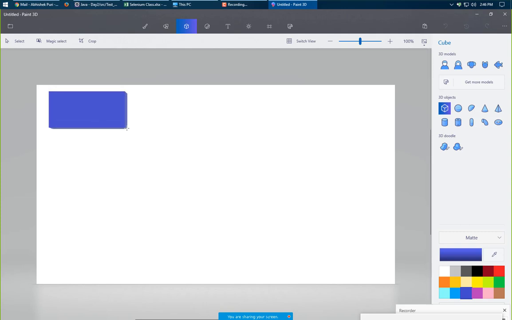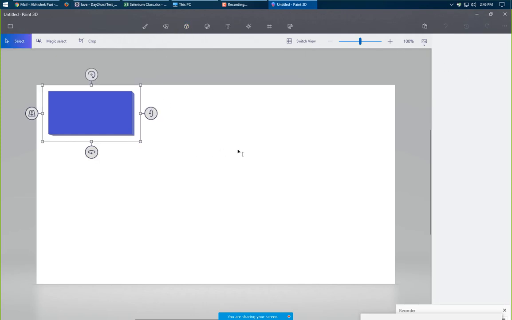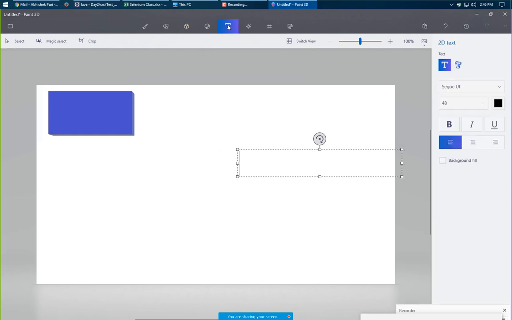We created a new class, and we created two variables inside it, that is price and name.